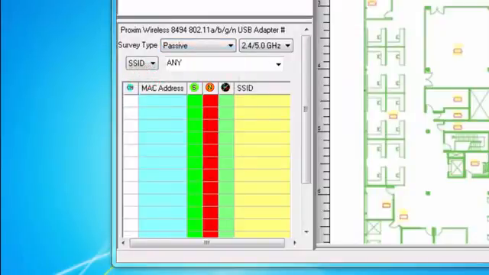First is a passive survey. In a passive survey, the wireless network card does not associate itself with any particular AP or SSID. Instead, it simply listens to the RF data moving through the site, scanning through the channels, detecting and recording all RF signals and noises. Looking at the passive controls,